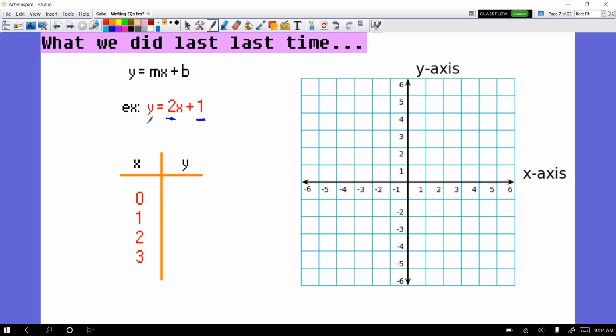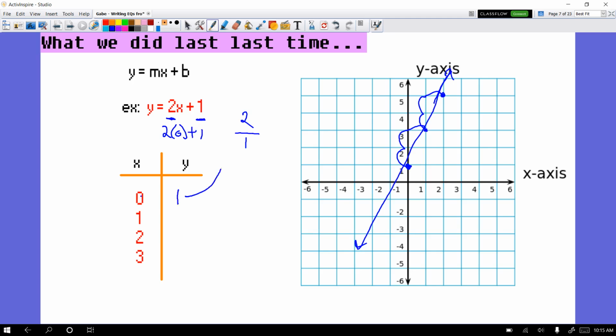So if we use this, what we did last time was we had a point at positive 1, and we used the slope. The slope was 2, which makes it 2 over 1. Up 1, 2 over 1. 2 over 1. And we made a line. We identified if it was positive or negative. That's all we did. And then I would say, hey, just for future use, you're going to substitute these numbers in. So it'd be 2 times 0 plus 1,